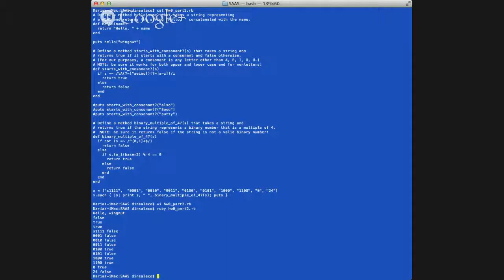I had removed those comments. That is a vowel, so that would return false. The next 2, uppercase letter, lowercase letter, are both true. And then here is my binary expression, and I actually printed out